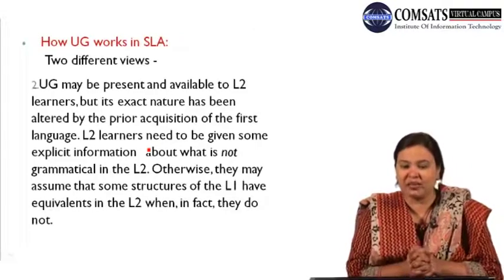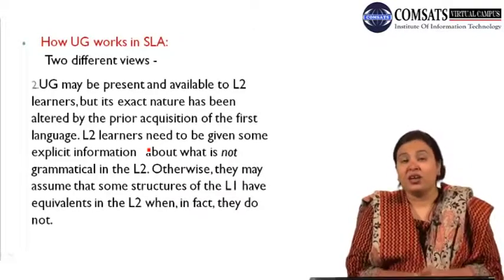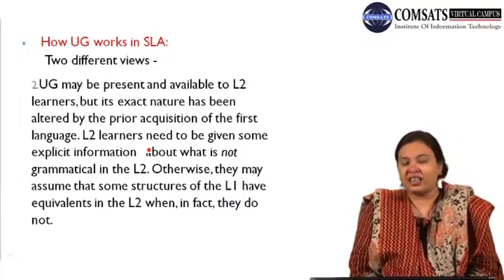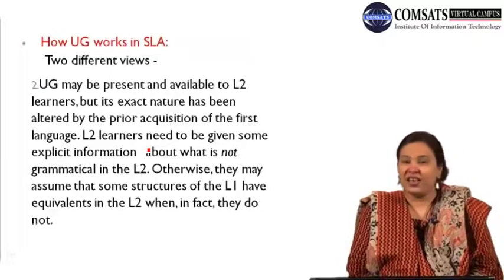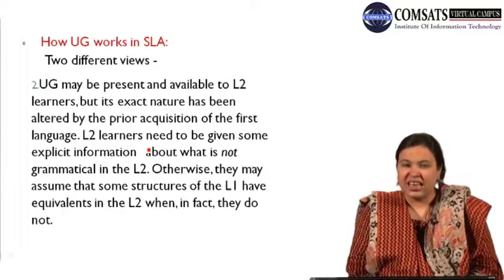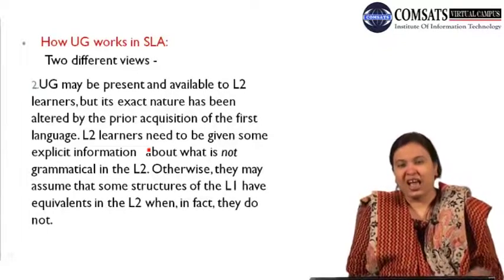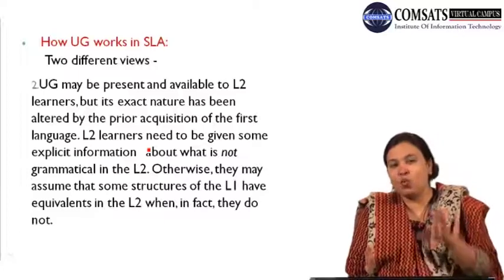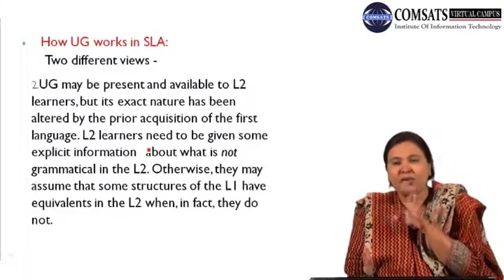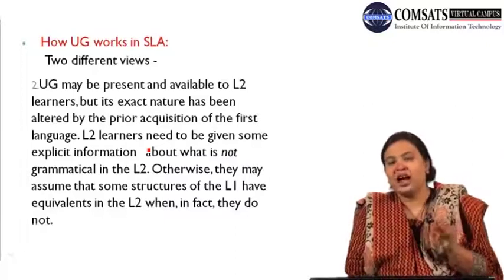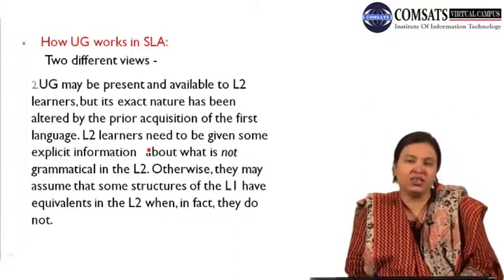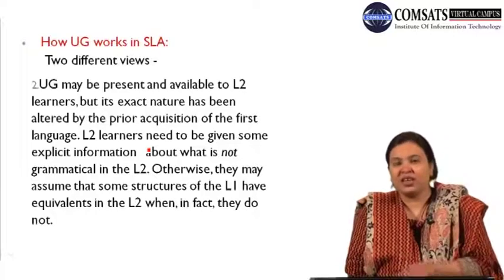According to the second perspective, universal grammar is present at the stage where learners are acquiring the second language. But it is not of the same nature or in the same amount as in L1 learners. L1 learners have a better amount of UG and better exposure to UG, a better nature of UG than the